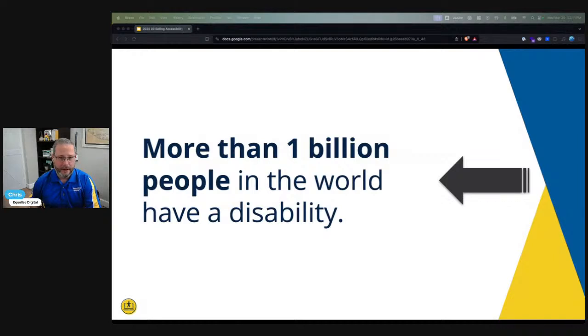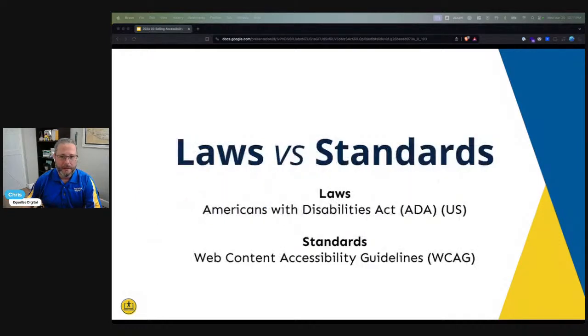And to be frank, a lot of us are aging into needing accessibility features, right? So by the time I've already got the gray hairs, you can see, but by the time I'm an old man, I want to make sure that the internet that I get to use is way more accessible than it is today. So, how do we measure accessibility, right?